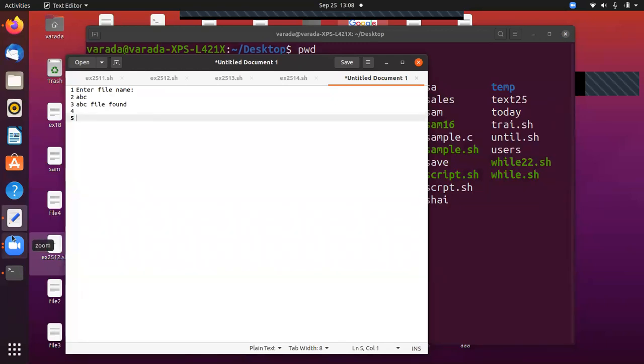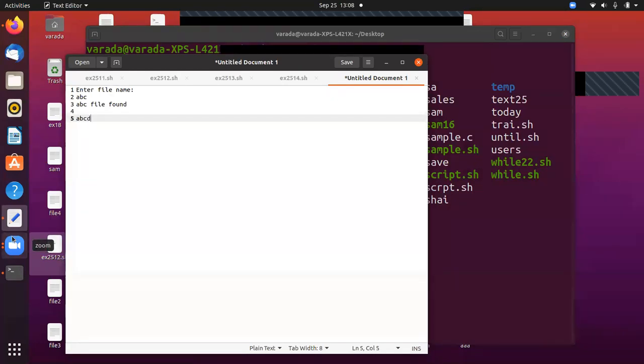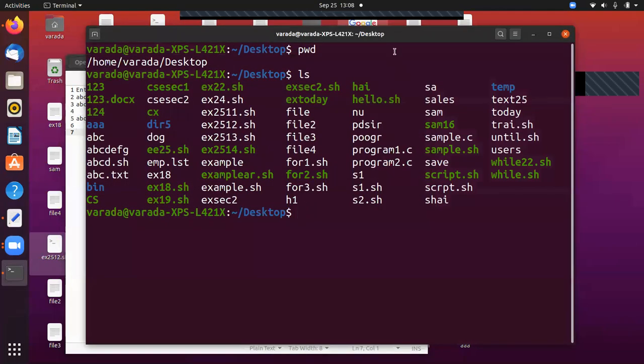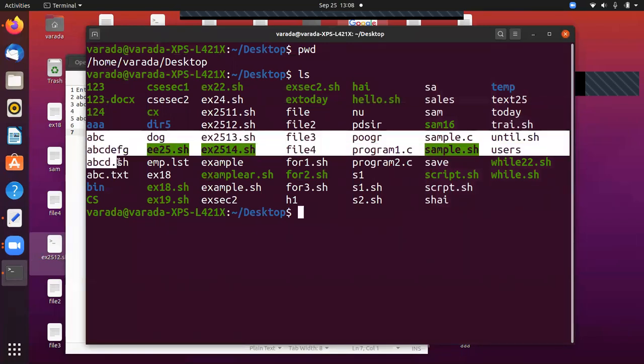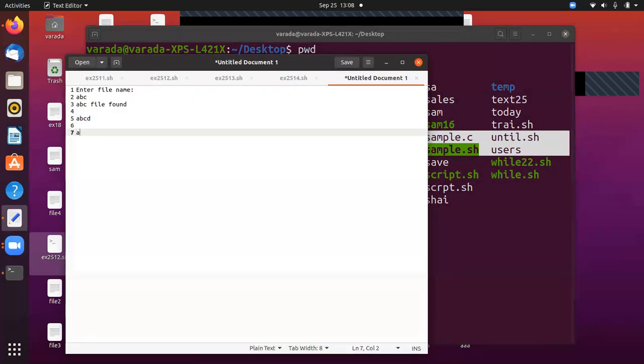Another case: for example, I give ABCD. If you observe, the ABCD file is not available. Here there is no ABCD file, sorry, only abcd.sh. So ABCD is not available, and in this case it displays ABCD file not found.